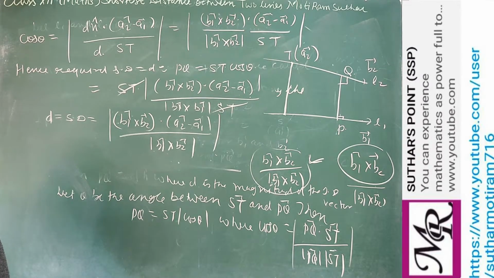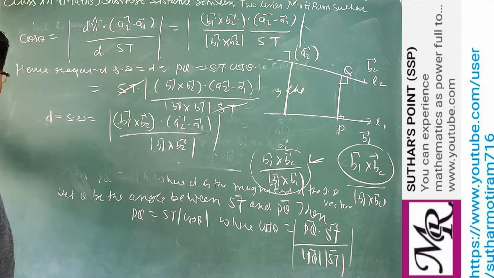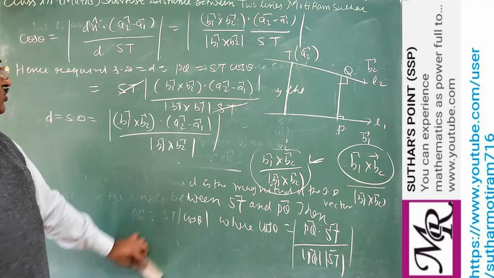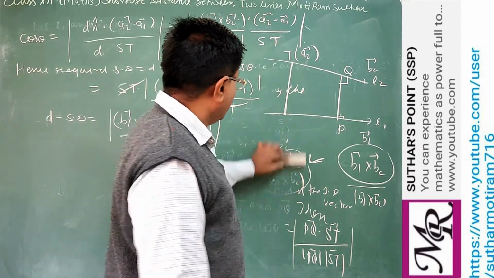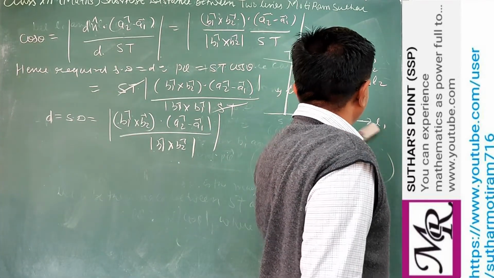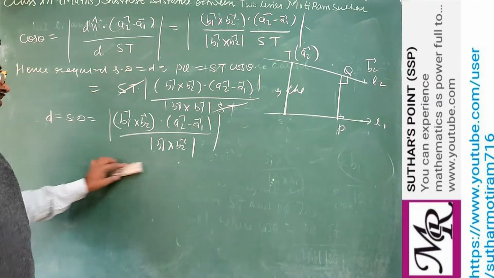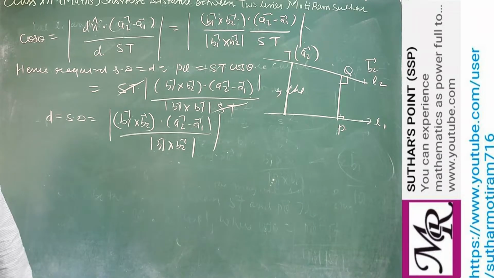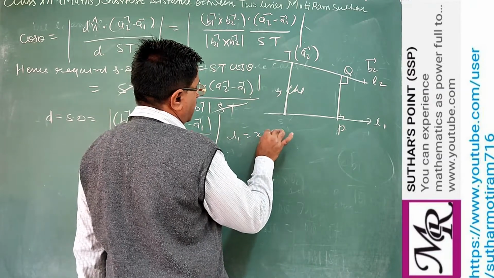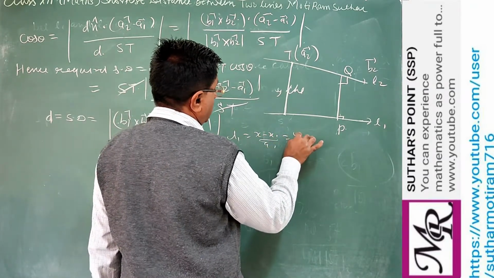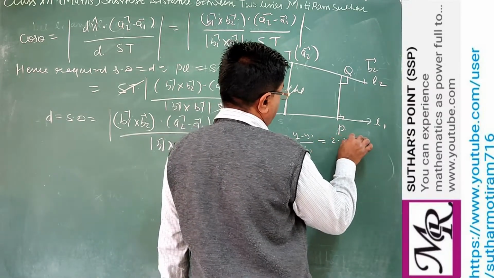You may remember this formula for finding the shortest distance between two skew lines. Clear? So this L1 is given by this formula. Now suppose we are given the line in Cartesian form, so this same formula you can use by converting them into Cartesian form if vector form is given. And you already know how to represent B1, B2, B3. Clear? So if lines are given, L1 as x minus x1 upon A1, y minus y1 upon B1, and z minus z1 upon C1.